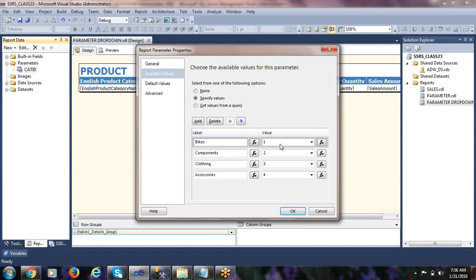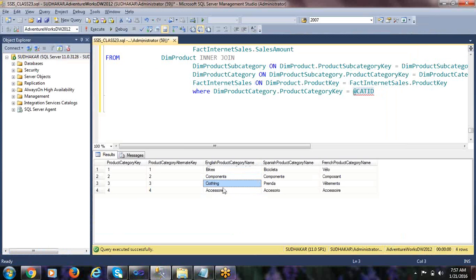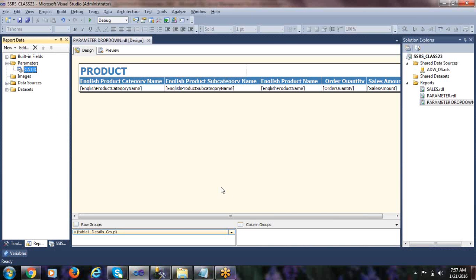Otherwise what will it do? Always it is going to show you the old values in the drop down list. So the end user might not be provided sufficient information. So there is a risk, right? That is the reason why, in order to avoid this, we have one more option called get values from a query. We can populate the drop down list from a query also. Directly we are going to point to the source table. So any changes that occur at the table level are going to be reflected in the drop down list also. That is the advantage.